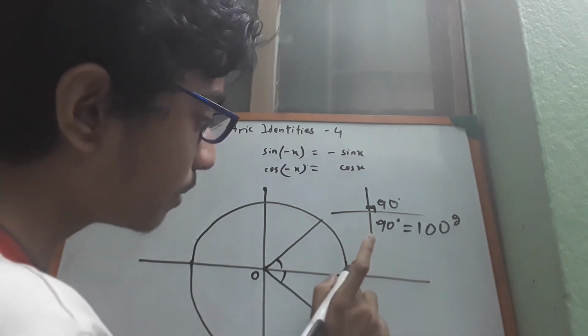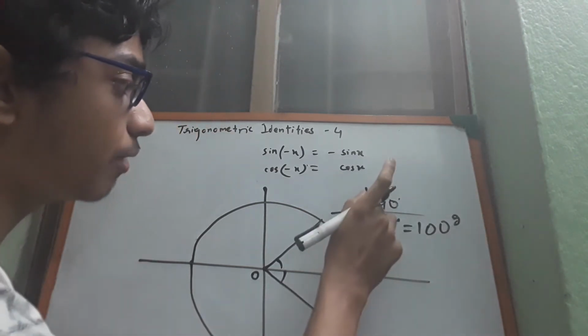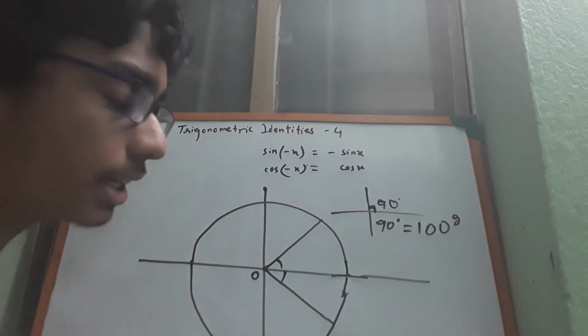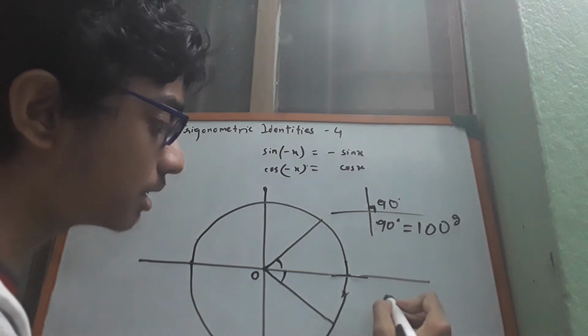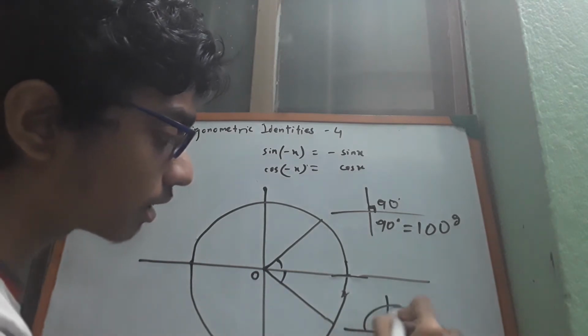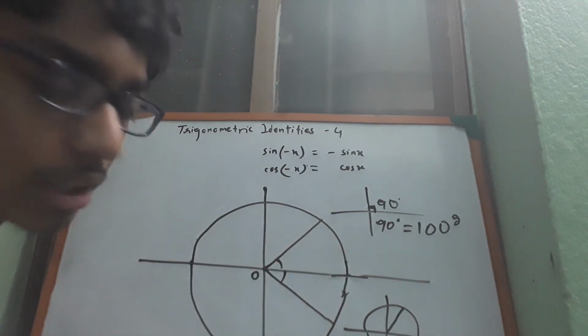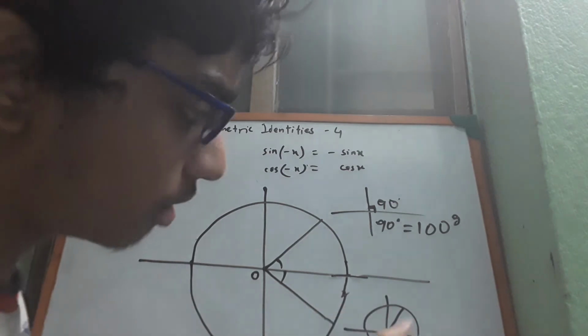All these systems are dependent on something. Here the fundamental basis is 90 degrees, here 100, and here the 90 degrees we are just expressing as something else. But the radian concept is much simpler and better. It's beautiful. In that case, you just draw a circle here and you draw any radius like I have drawn here. I've already made a video on radians, you can check it out.